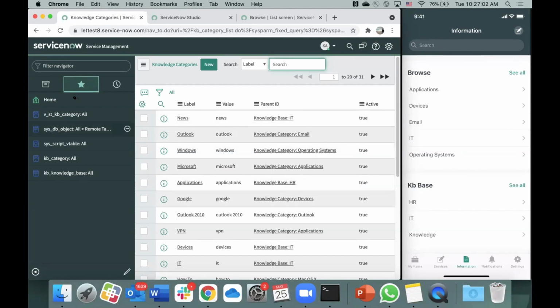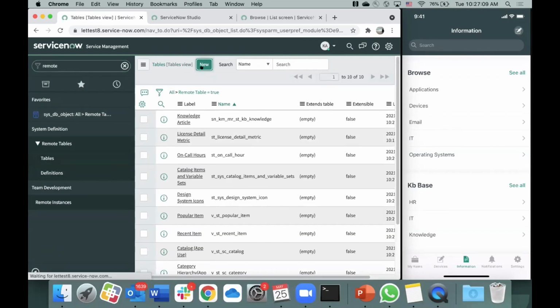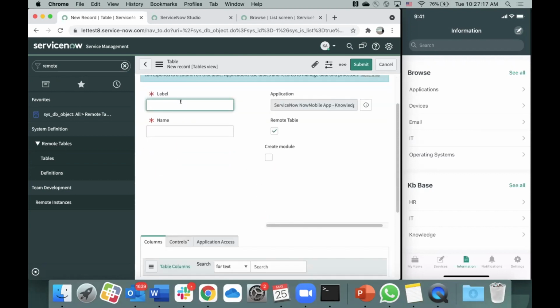So the first step that we'll do is actually create our own remote table. So we'll go into remote tables and say, let's create a new remote table. You can give it a new label. Call this. All